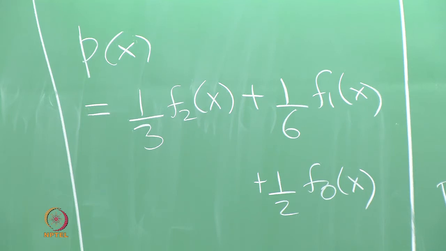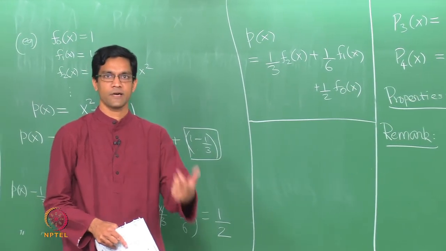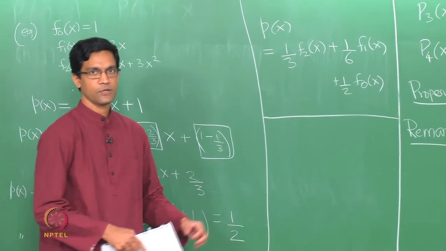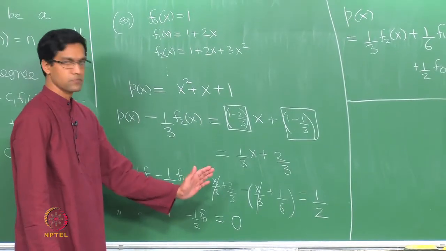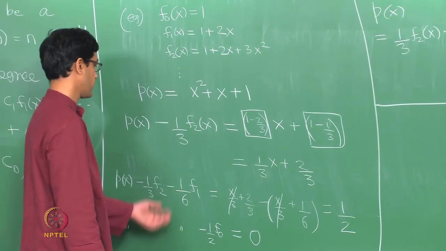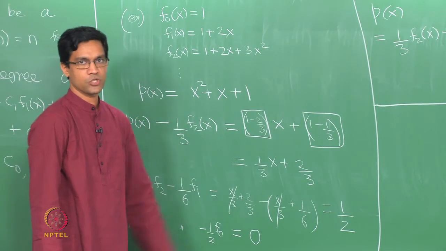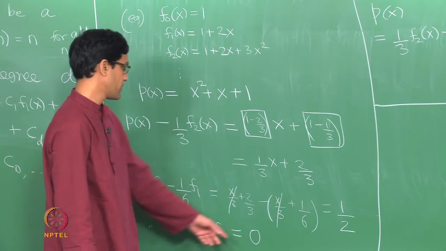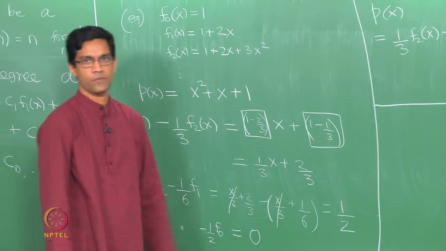If you want to express any given polynomial of degree d, you start from the highest power. I mean you start from x power d, you match the coefficient up with the coefficient of x power d in fd, you subtract out an appropriate multiple of fd from p of x. What is left will be of degree 1 smaller, it will be degree d minus 1 or smaller. Again you match the degree d minus 1 term, subtract out an appropriate multiple of fd minus 1, an appropriate multiple of fd minus 2, and so on. And if you keep going, when you finally subtract out all the correct multiples, the final answer is always a 0, okay, which in turn tells you how to write p in terms of these polynomials, okay.